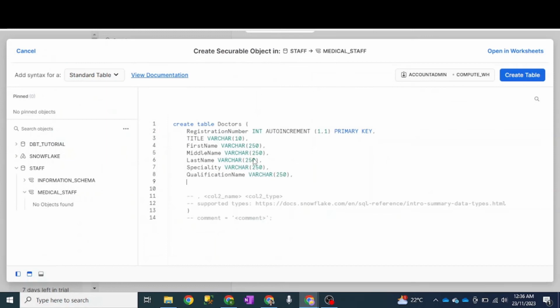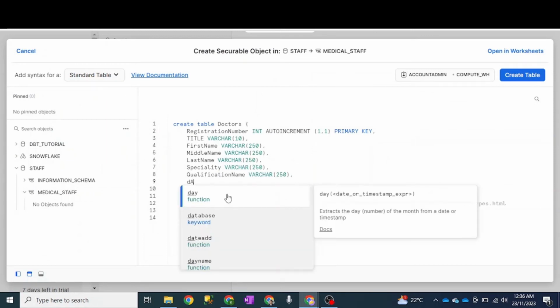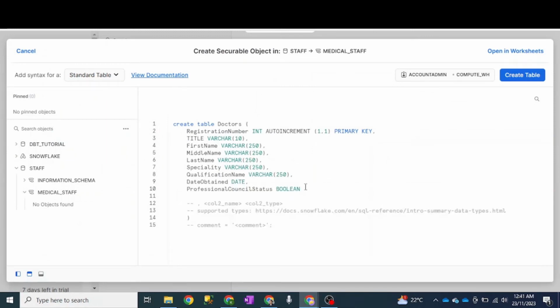Qualification name, this would be the Boolean data type. This is where the doctor is in good standing with the professional body. So whether they're active or they've been suspended, sometimes it's for malpractice or for not renewing their membership, all sorts of things. That will be like a yes, no situation. If it's another doctor can't be working with us. I think